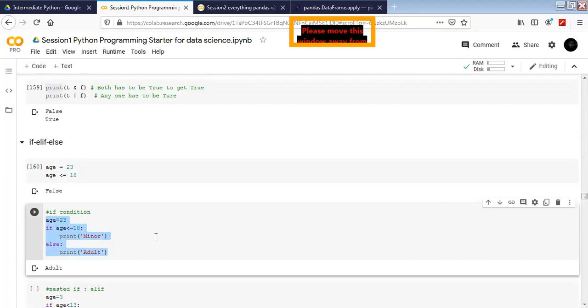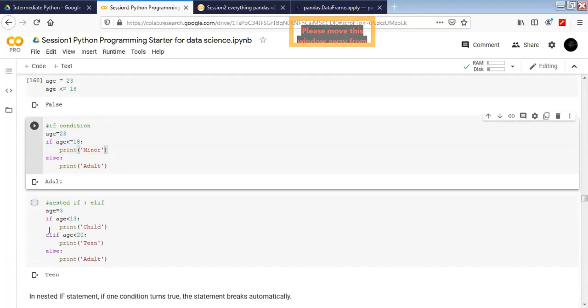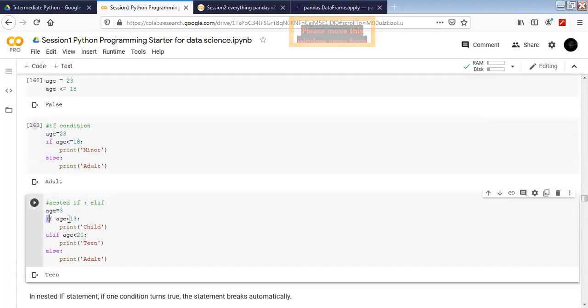No, sir. Okay, now the next part about the if else statement is elif. What if we want to check multiple conditions? The first condition is if age is less than 13, then we are going to say child. If this condition is not true using the age that we are passing here, we move to the next stage, which is elif. Now we check another condition, which is age less than 20. If that condition is true, we are going to print teen.